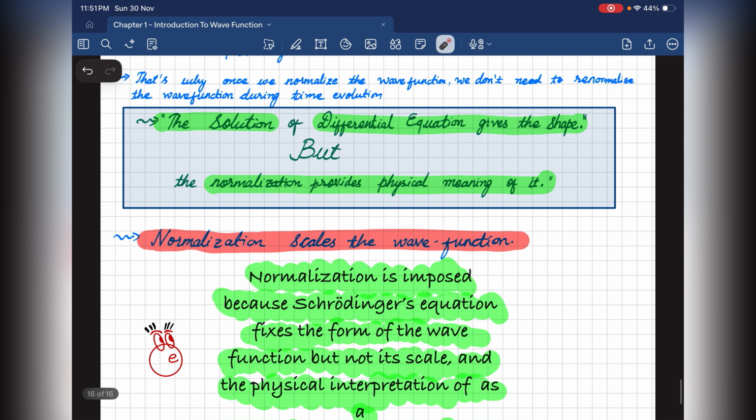So the takeaway is that the Schrödinger equation is linear and allows arbitrary scaling. Psi square is a probability density and must integrate to 1. Normalization selects the physically meaningful wave function. So once normalized, the wave function stays normalized because probability is conserved. So Schrödinger gives the shape,